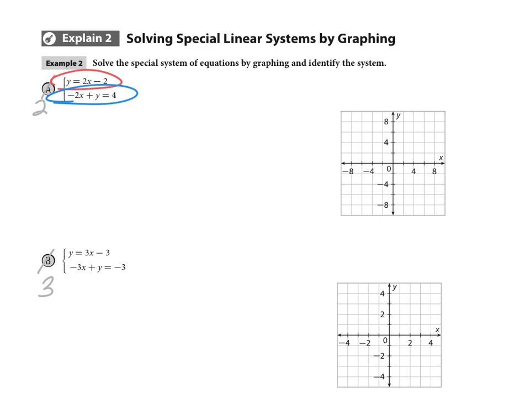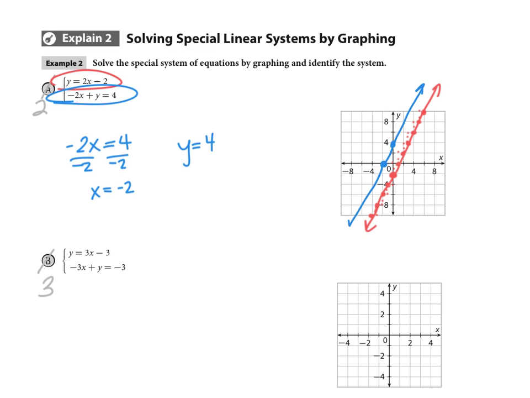Okay, before you go on, you need to have graphed them, so make sure you've done that, or else what we're going to do isn't going to be helpful for you. Okay, there's my red line. You should notice that one. On my blue line, I'm going to do intercepts, so I'm going to pause and take a second to work that one out. Okay, so I got x equals -2, y is going to equal 4, and when you connect,